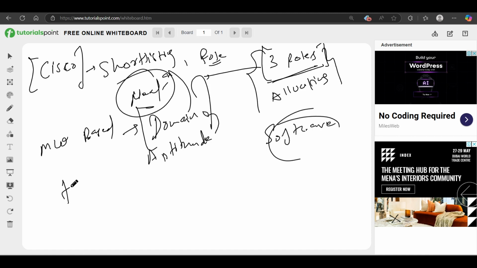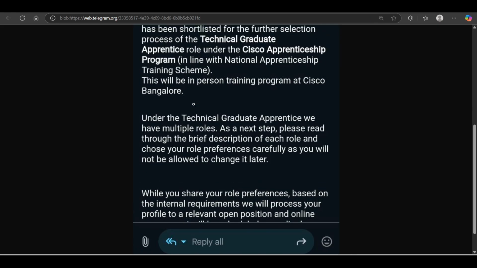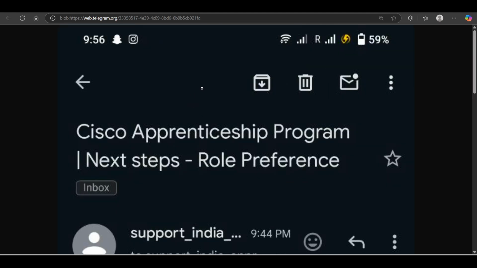For example, if you are choosing the hardware role, there will be questions related to hardware. That's why it is very important to choose your role carefully, because at the later part you will not be able to change your role. Also, the final decision is for Cisco, what they will be allocating to you according to the requirements. So this is very important, and soon the process will be getting started.